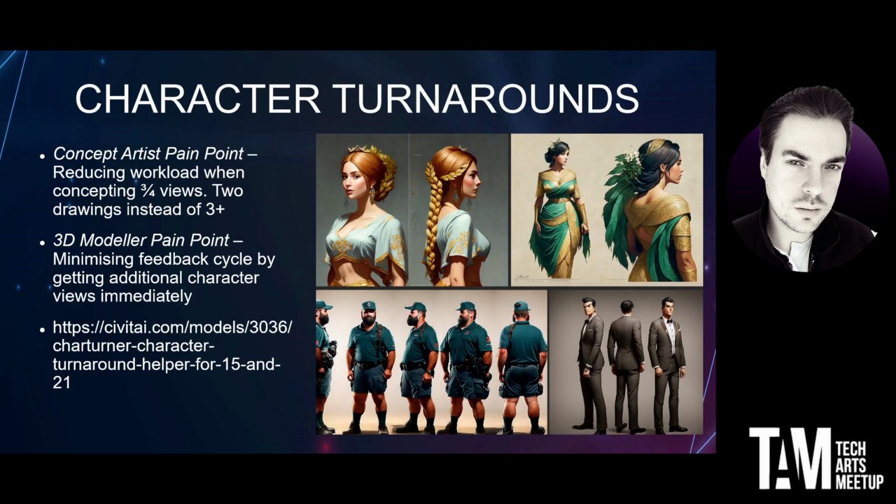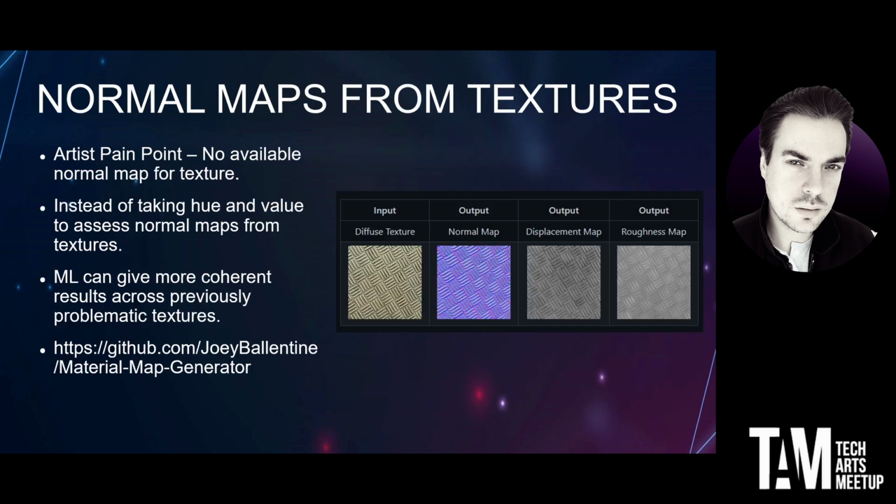So character turnarounds can be a great one. The concept artist's pain point currently is, hey, I have to work on all of these turnarounds. What if I did 2 drawings and got the 3/4 view for free? What if that was sufficient for me? Or the 3D modeler is like, oh, what does it look like at this angle? We can throw it through the generative AI and get the 3D modeler an approximation of what that angle looks like. Now they can actually work on that gear, or whatever it is in Marvelous Designer, however they're working. So this is something that is current, that is available. It's still a bit hit and miss for sure, but it's something where you're actually getting value out of that result.